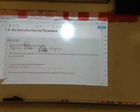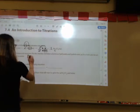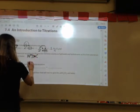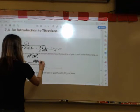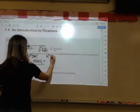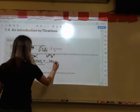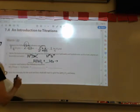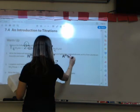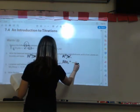Number 2 says write a balanced equation for the reaction between aluminum hydroxide, so that's Al plus 3, OH minus 1, cross the numbers in the charges. There's your aluminum hydroxide. Hydrobromic acid is a binary acid, so hydrogen and bromine, so it's HBr. And then you're forming aluminum bromide and water. So that's Al plus 3, Br minus 1, cross the charges, and you get AlBr3, and water, which I'm